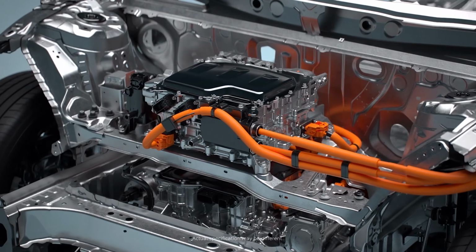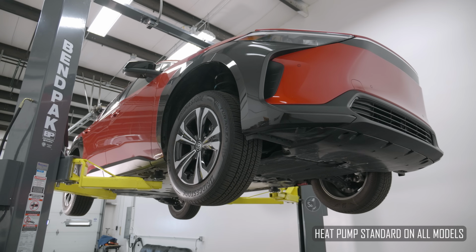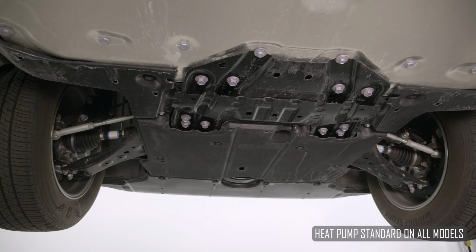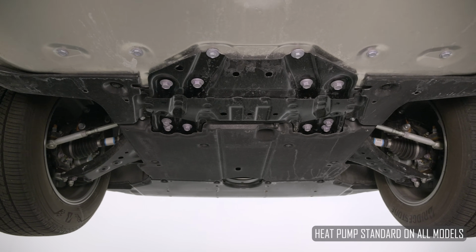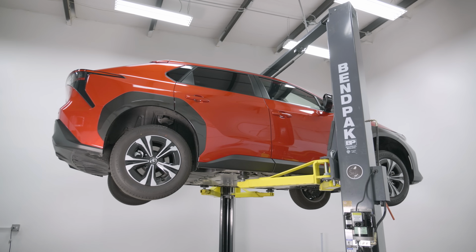Experience exhilarating acceleration with 201 horsepower and 196 pound-feet of torque in front-wheel drive, or harness the full potential of all-wheel drive's 214 horsepower, 107 horsepower per motor, and 124 pound-feet of torque per motor. Redefine convenience with ultra-fast charging capabilities. The FWD battery pack supports up to 150 kilowatt DC fast charging, while the all-wheel drive model is optimized for